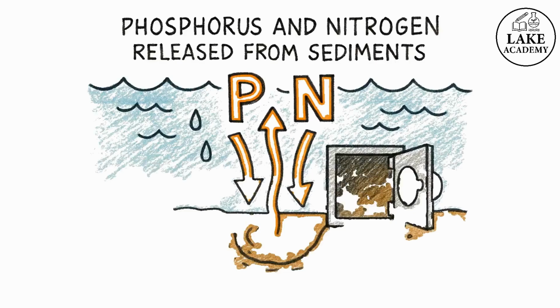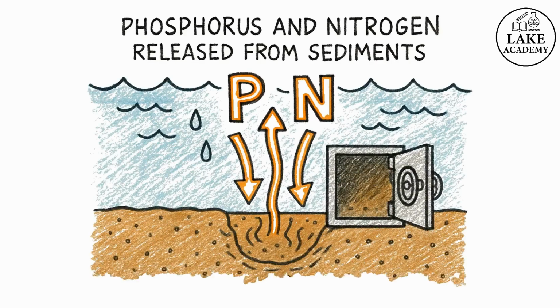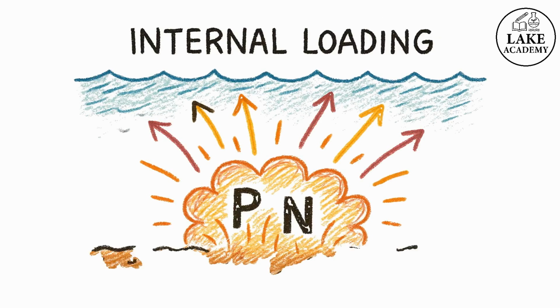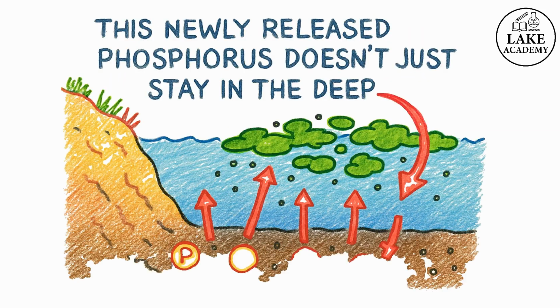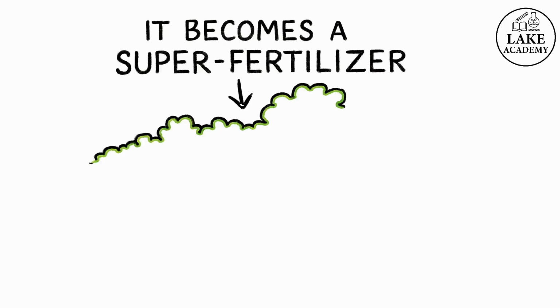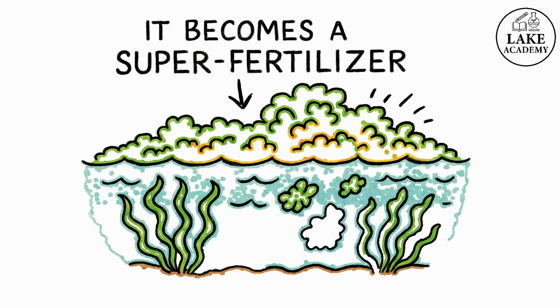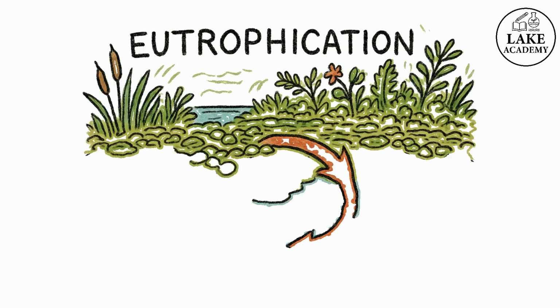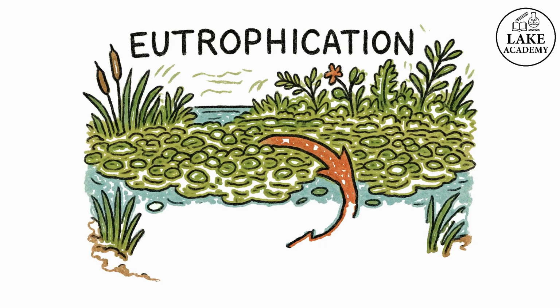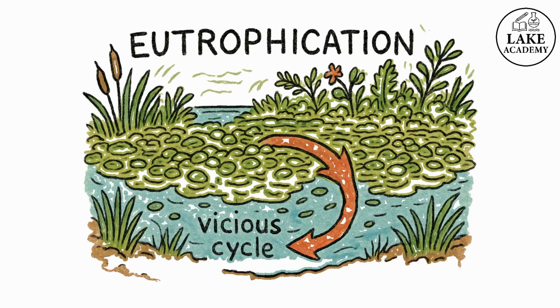Phosphorus and nitrogen stored for years in the sediments are suddenly released back into the water. This process is called internal loading. This newly released phosphorus doesn't just stay in the deep, it becomes a super fertilizer, fueling massive algae growth at the surface. This accelerates the entire process of eutrophication, where the lake becomes choked with excess life, leading to a